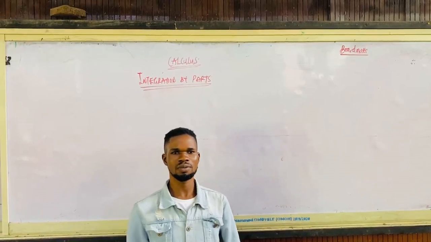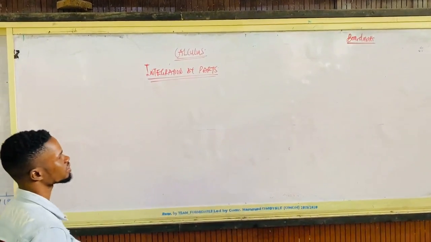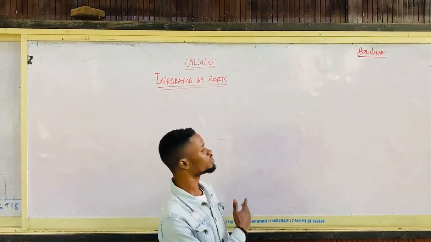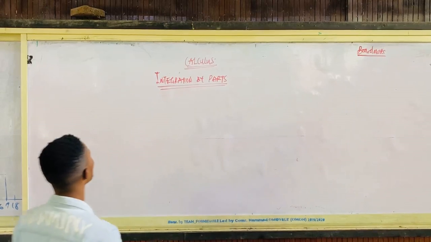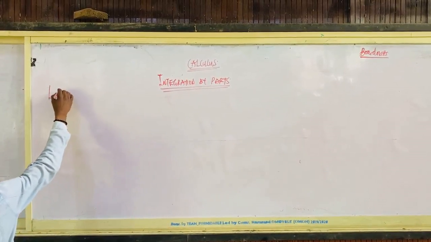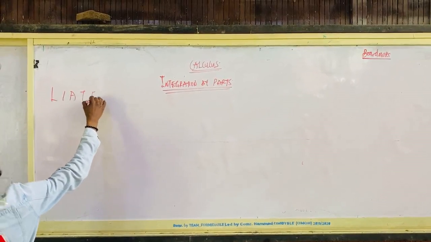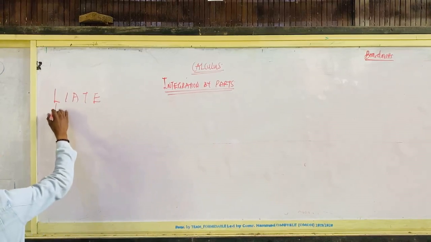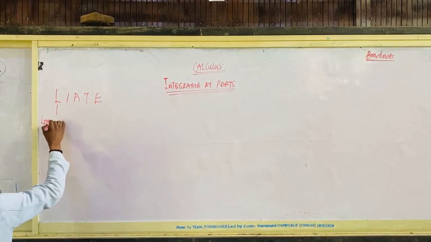So in this section, I'll be talking about integration by parts. There's something you should note if you want to integrate functions using integration by parts. There's this principle called the LIATE principle. The LIATE principle. So this L stands for the logarithm function,